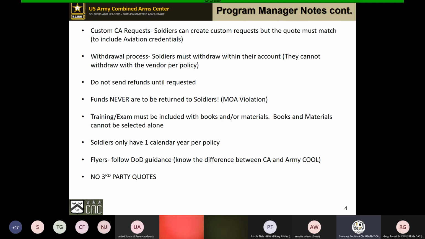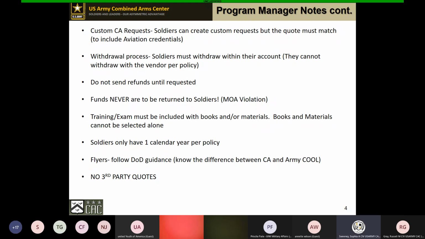And then the other thing is, please notify the rest of your staff of the same thing. Okay. Apparently one of the personnel that was returning the funds didn't know about the CA program and thought it was okay to do that. So I ask that if you're participating in the CA program, that everyone that you work with that's going to deal with a SODR for credentialing assistance knows about the process as well, please.